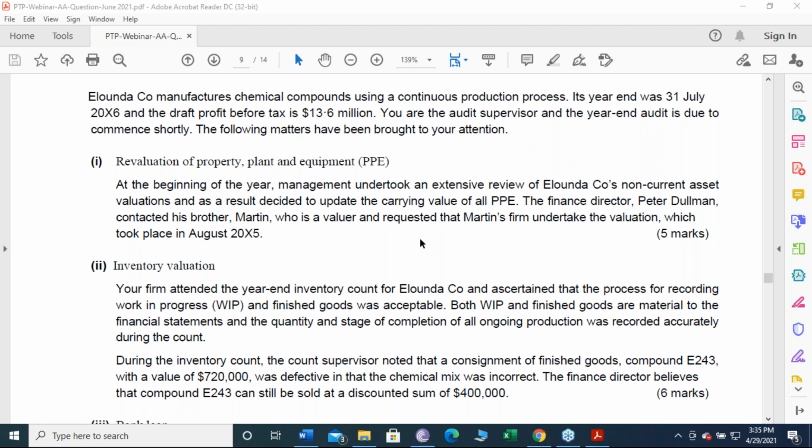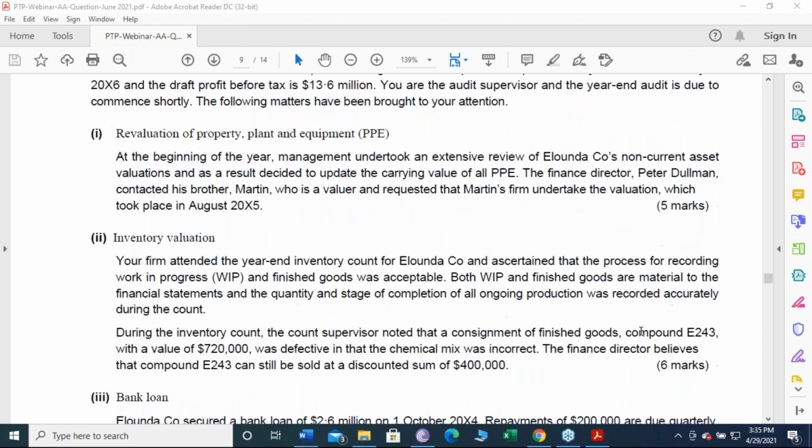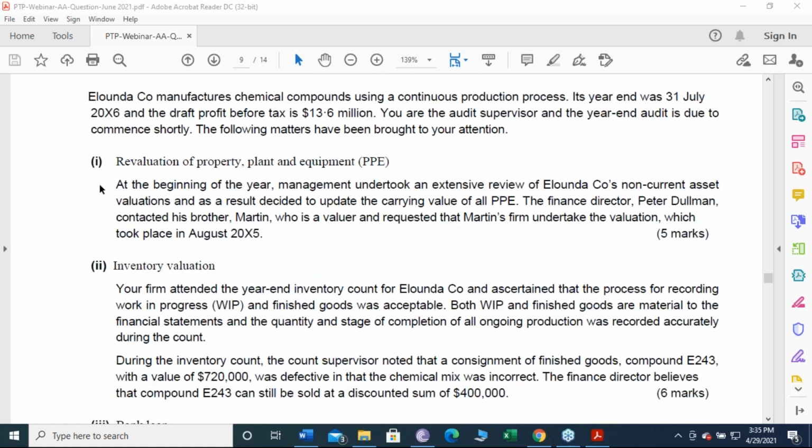Okay. The first story, 5 marks. So 5 procedures. Revaluation of property, plant and equipment. All of a sudden I'm thinking EVCR, because property, plant, equipment has got to do with the statement of financial position, but maybe it has got to do with the depreciation expense as well. So I'm thinking about COCA as well, and I'm thinking about IAS 16 because that's the relevant accounting standard for property, plant, equipment. I'm thinking about AEIOU. So ideas are popping up in my mind. Let's start reading the question.